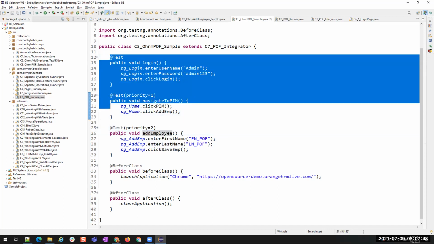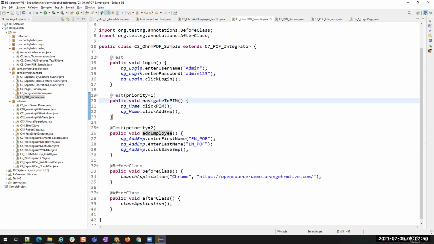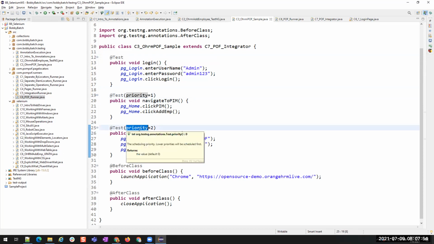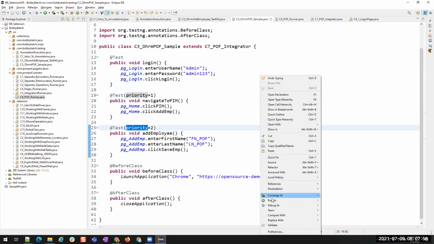If you want to execute them not in the alphabetical order but in the required order, then you have to assign this priority to the test cases. Now let me run this. You will see they execute successfully.